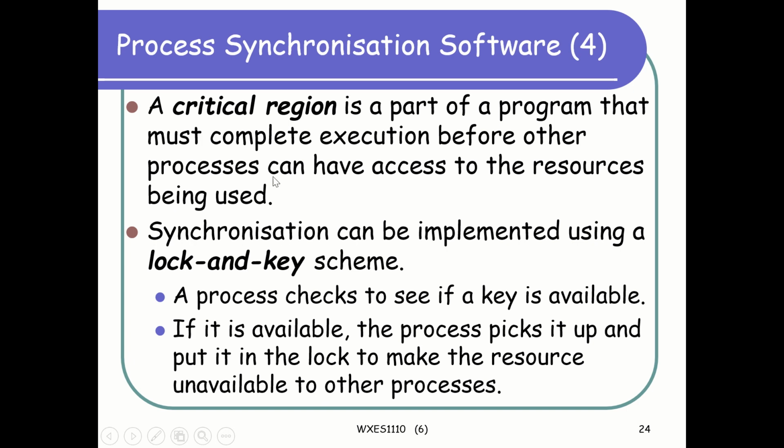So, a critical region is a part of a program that must complete execution before other processes can have access to the resource being used. Okay, synchronization can be made using a lock and key scheme. A process checks to see if a key is available. Okay, if it's available, the process picks it up and puts it in the lock to make the resource unavailable to the other processes. So basically here you have